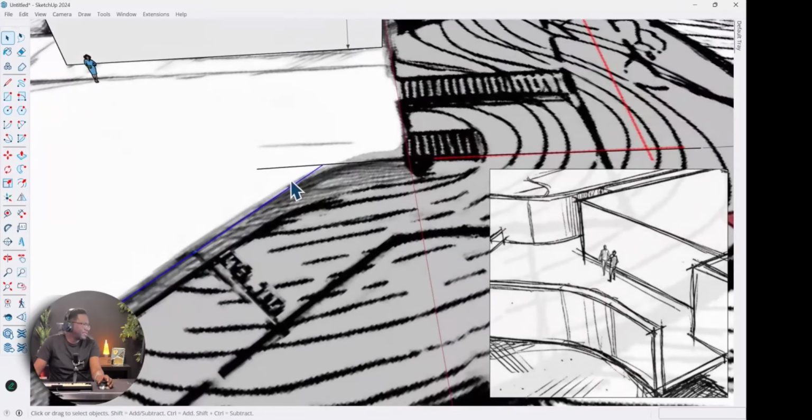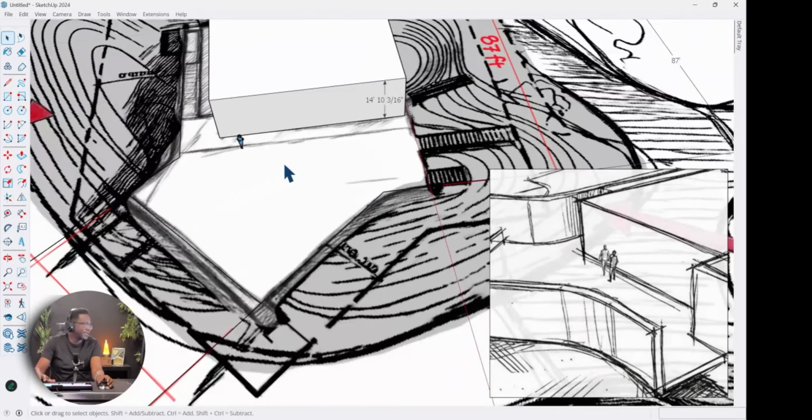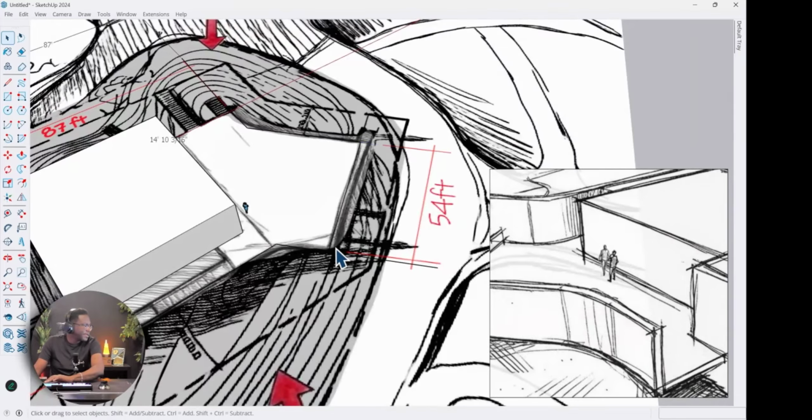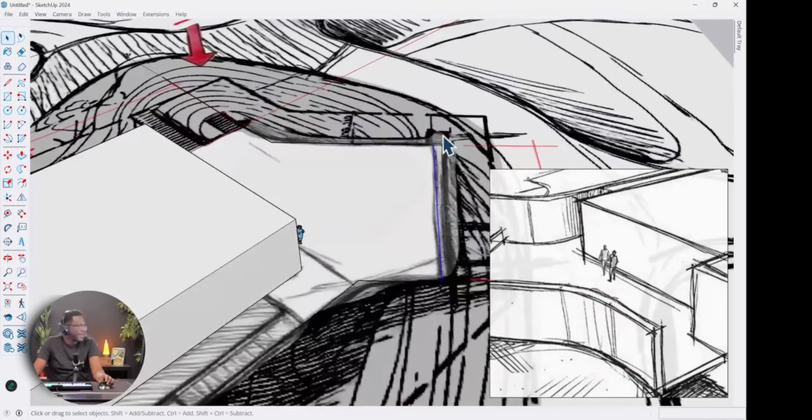Now, of course, with SketchUp, once you intersect two lines, this line here will become an edge. So I'm going to delete that right there. And then I have these two edges that are going to be here, and I have another one going on right here. All right, so I pretty much have the outline of this. I may not need this line that goes across just yet, so I'm going to delete that.